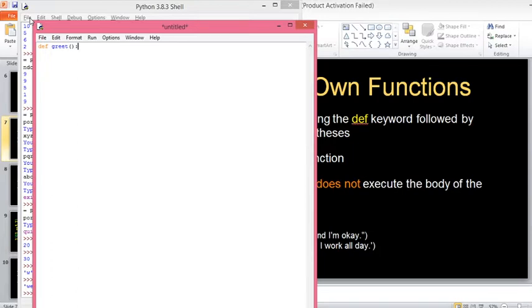Then in the next line, with indentation, you have to write the block of code. If you start writing lines of code from the very beginning of the line, then it will be an error. So always use indentation, either leave one simple space or use one tab. Write the function body. For example, I'll write hello. This is the line I want to print with this function.